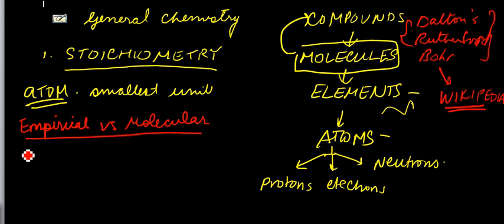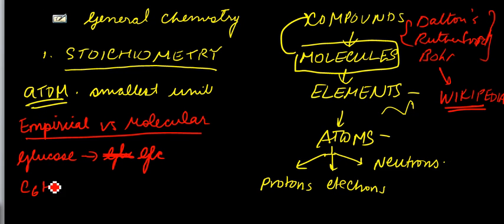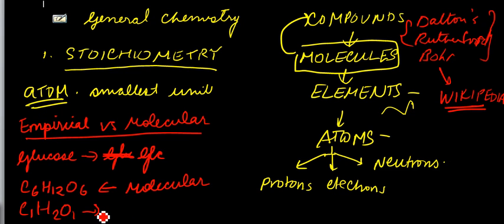So the example that I like is glucose, which is usually abbreviated as GLC. Okay, so we know glucose is C6H12O6. That is its molecular formula. And if I say C1H2O1, or just CH2O, that is glucose's